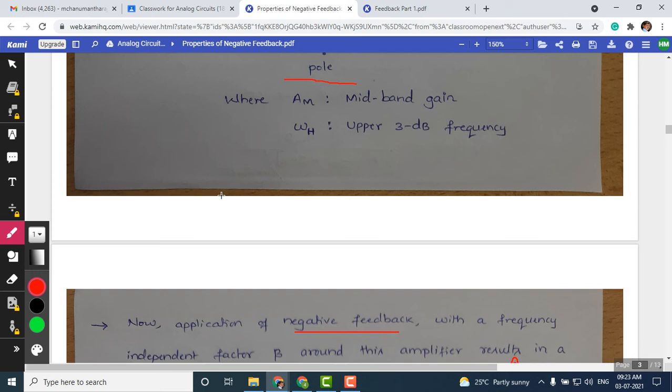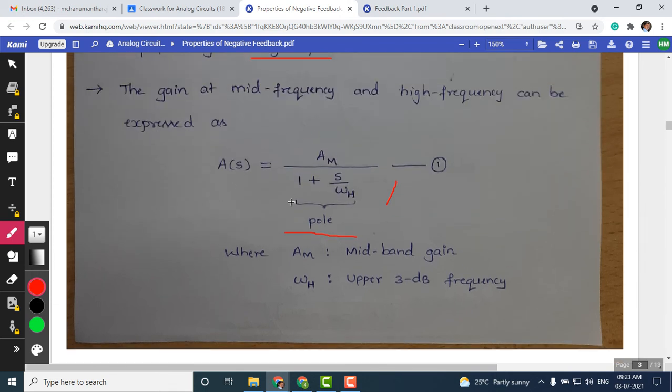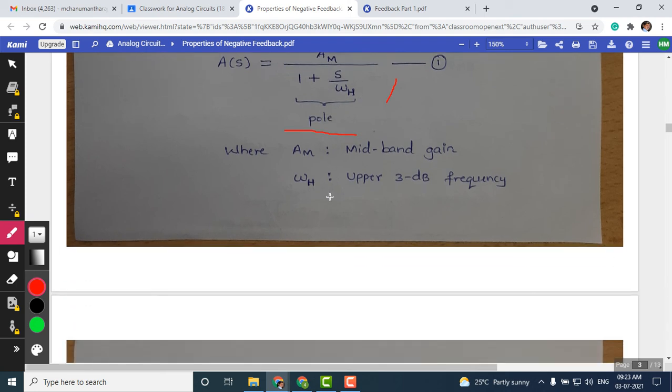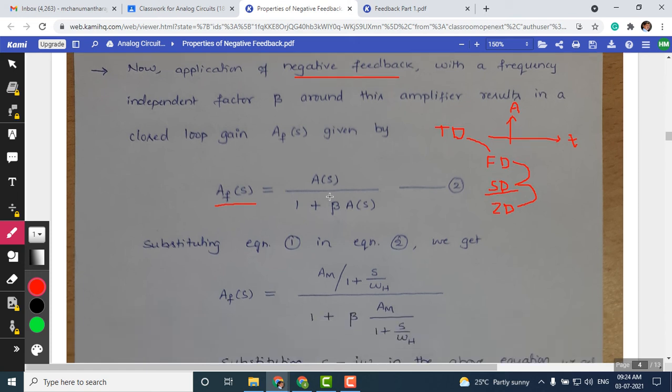Even before, you have seen that the transfer function of a high pass filter is represented by AFS, which is AM divided by 1 plus S by omega h. This is the transfer function of a high pass filter, which contains one pole and no zeros. Like that, for a negative feedback amplifier also we can write the gain equation